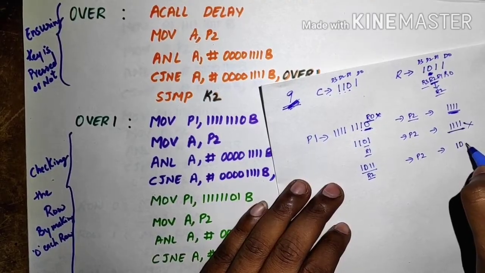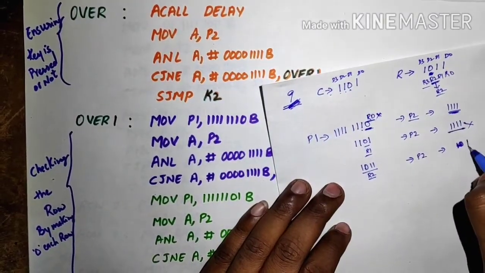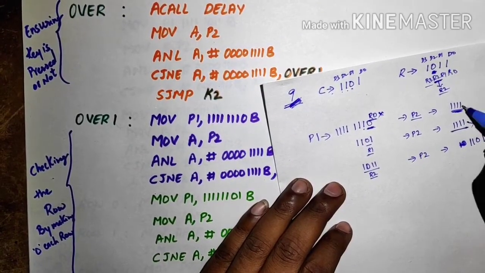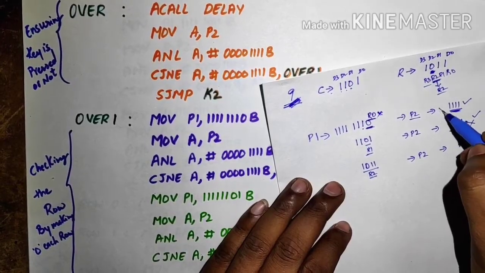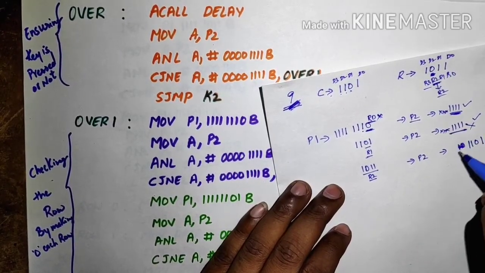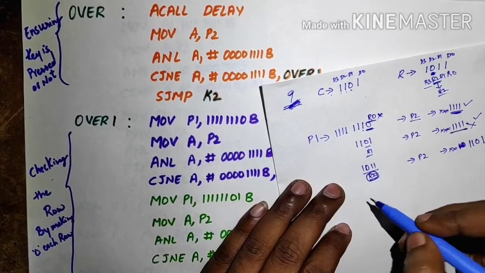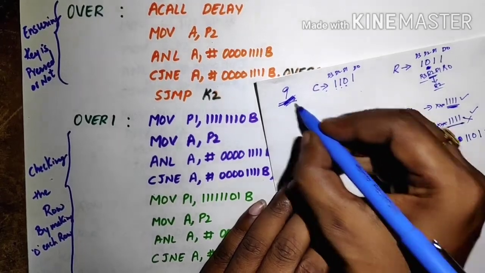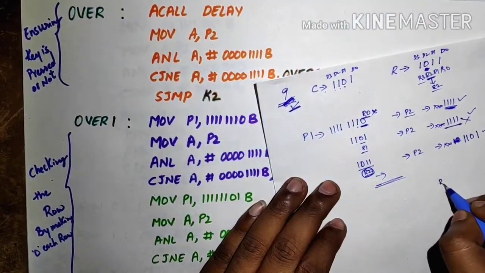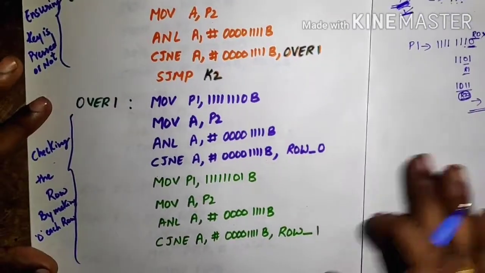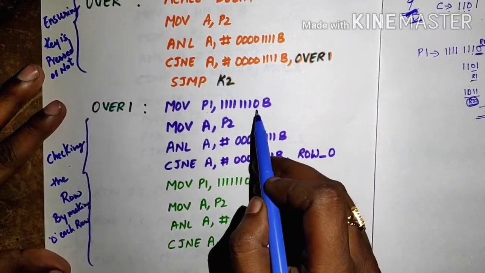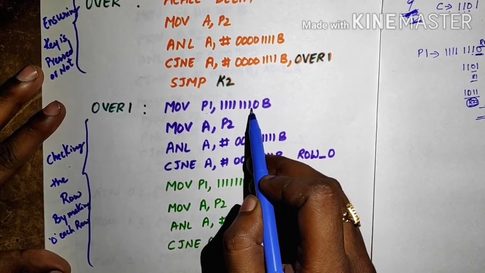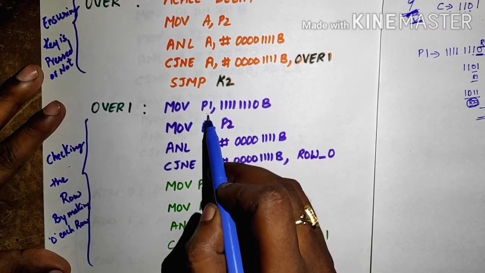Here we will get the column value 1 1 0 1. Please note that here we are only mentioning the LSB bits. We also have 4 MSB bits, but we don't care about them. Whenever we get the R2 value, the microcontroller will confirm that the particular key press, the 9, belongs to row 2. That is the process we are doing here. We make row R0 0 and the remaining values ones. P1 we are connecting to rows.